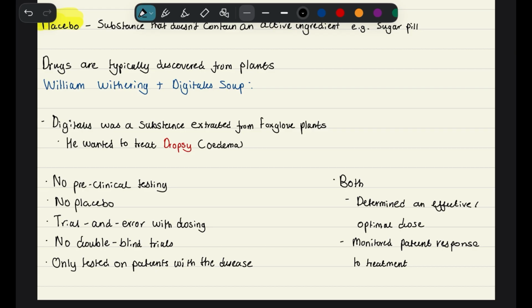No double blind trial, so he knew he was giving everyone the drug. Everyone knew they were getting the drug. And also, he only tested on patients with the disease. So,